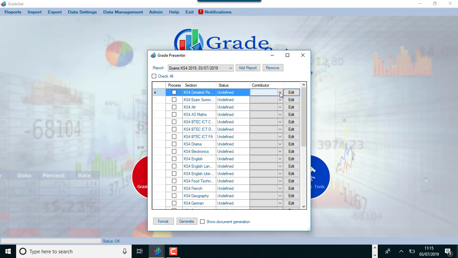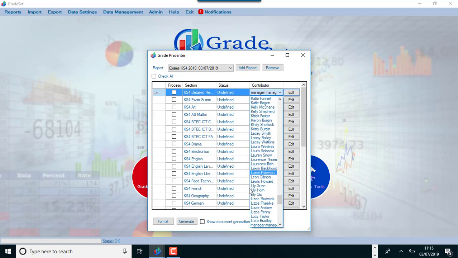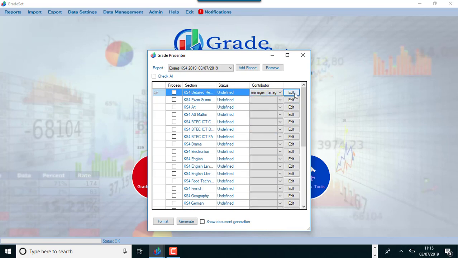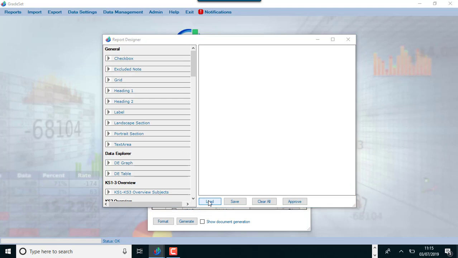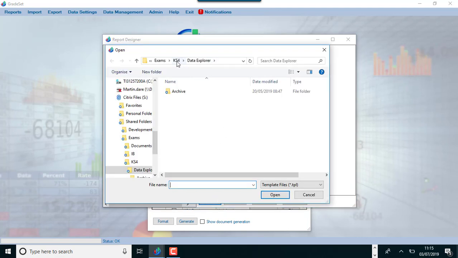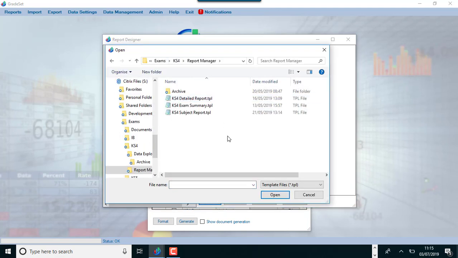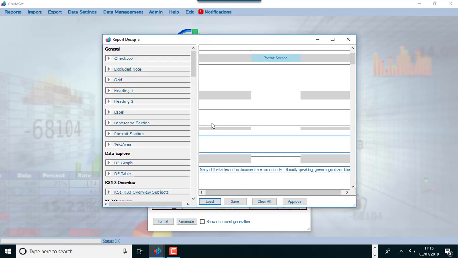So you've created the category within Gradeset and you've created the two standalone reports. Now you need to load them from what we've sent you. So on Contributor, I'm going to choose Manager as a contributor. You must give it a contributor. Click Edit. I'm going to load, and then I'm going to go on to KS4 Report Manager, locate it, and this is the detailed report. Open,